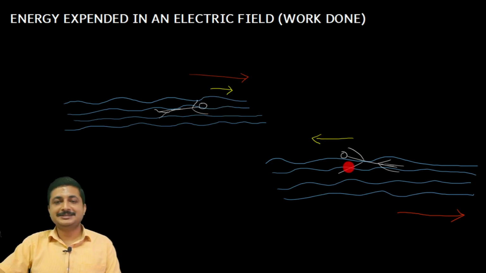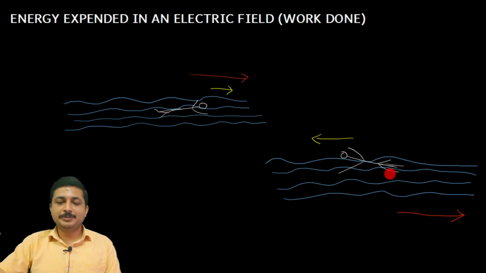In this case you are expending energy because you have to swim against the flow of water, so you are losing your energy, right, and you are exhausting when you are swimming further. So with this example, what you understand is, if you are doing the work in the direction of the flow of water, you are going to gain energy, or you can do more work, or you can do positive work.